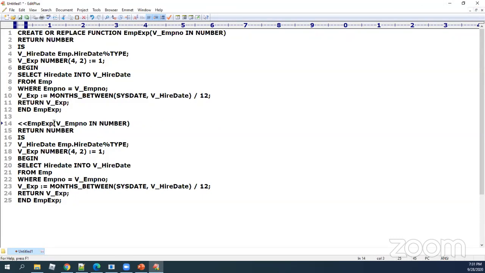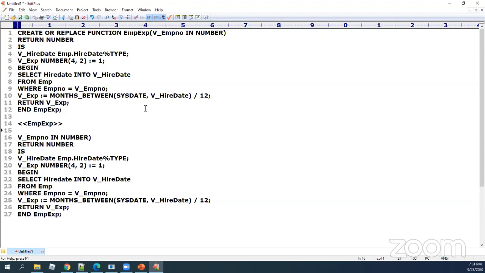Just watch the way I'm making my fundamental changes. That becomes the header of my block. If you're speaking of the named block, then I'm saying that's declare.